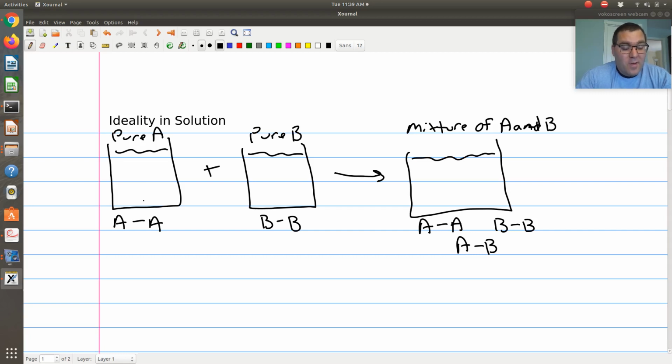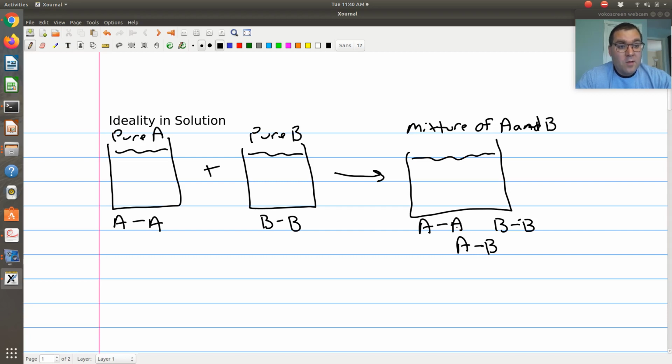So if I think about pure A, you can think of this as an idealized state. If I'm an A molecule, I'm completely comfortable in my system of pure A. Everything's interacting in exactly the same way. If I'm a B molecule in my beaker of pure component B, everybody's interacting in exactly the same way. I am completely comfortable. Now when I have this mixture of A and B, I have AA interactions and BB interactions, but now I have these cross interactions of A and B interacting.